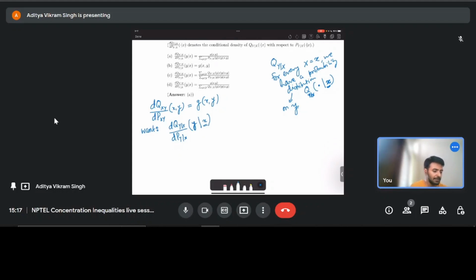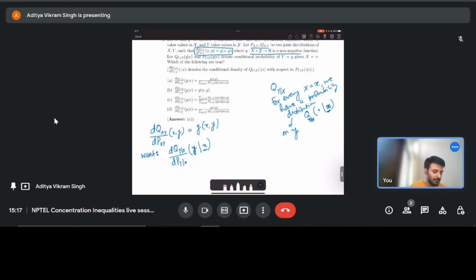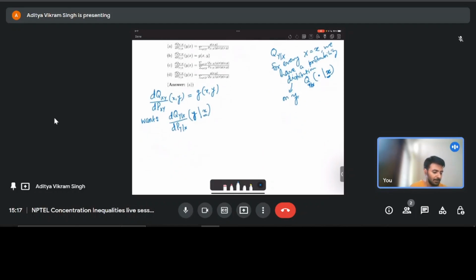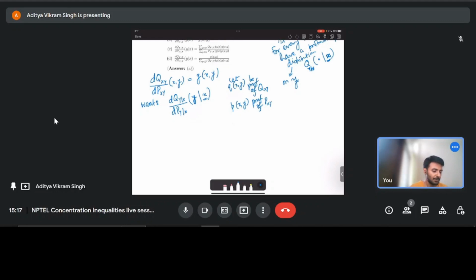Okay, so since these are discrete probability distributions, these will have PMFs, probability mass functions. So let me denote q(x, y) as the PMF of q_xy, and similarly p(x, y) as the PMF of p_xy. Okay, probability mass functions. So now we want to compute,